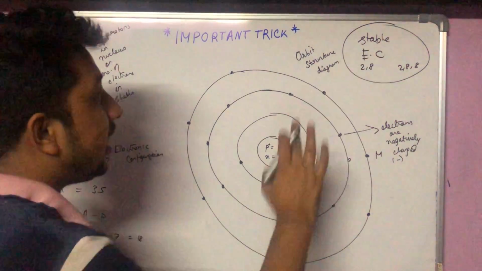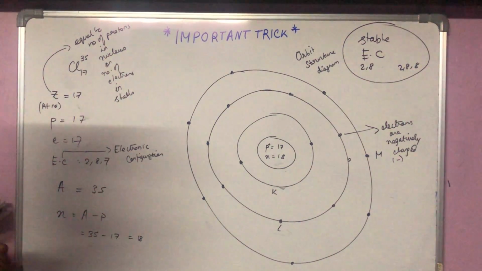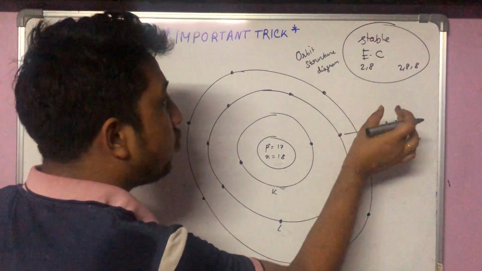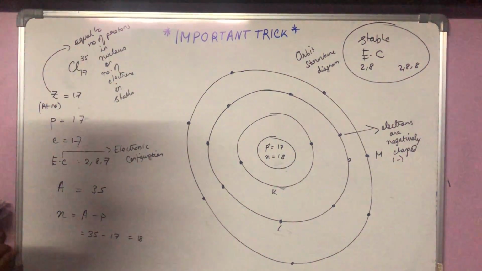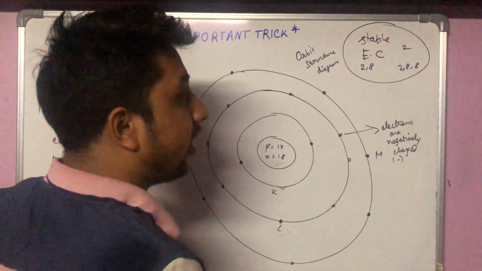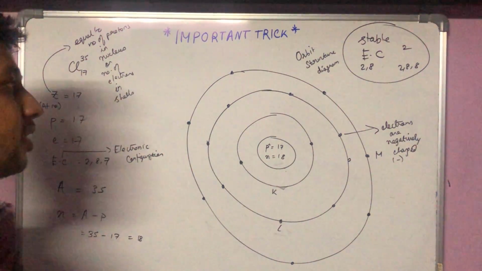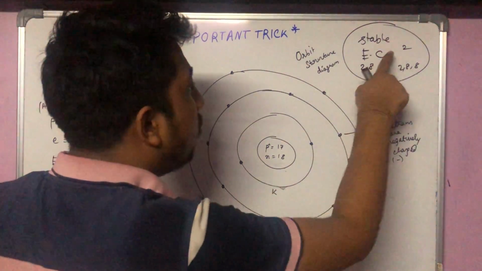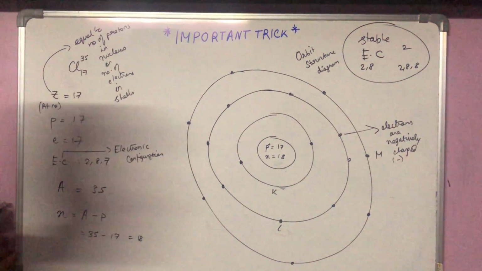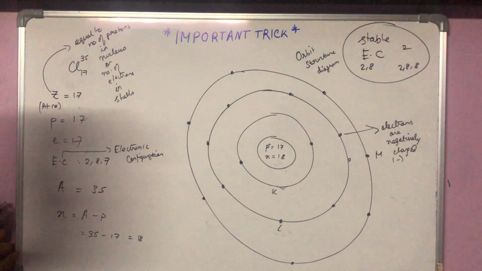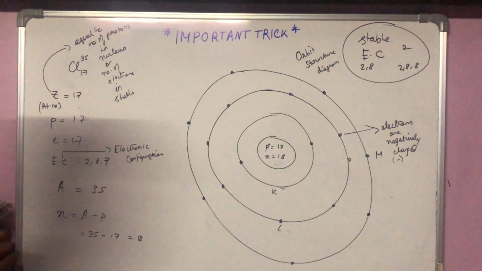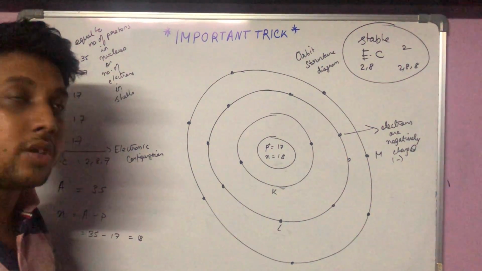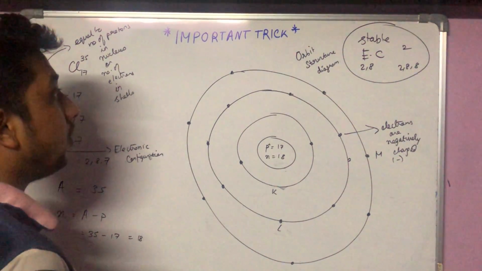So for now, stable electronic configuration means that the shells are totally filled, completely filled. That means an atom with electronic configuration 2,8 or 2,8,8, something like this, or only 2. If there is only one shell, maximum 2 electrons can stay in it. It is completely filled if there are 2 electrons in it. So 2, 2,8, 2,8,8. If an atom has these kinds of electronic configuration, it is called stable. It is said to be in a stable state. Every atom of an element will try to go into stable state if it has an opportunity to do so.